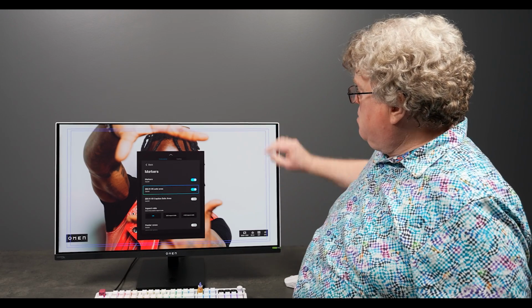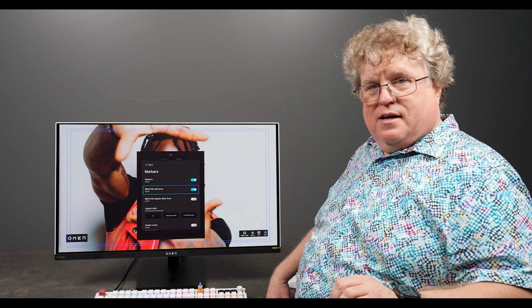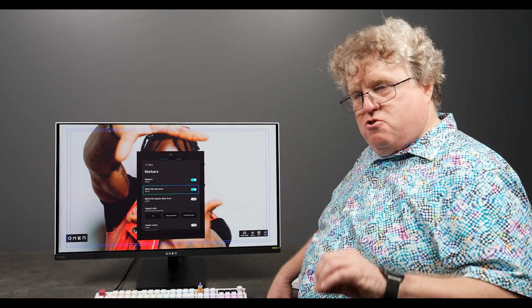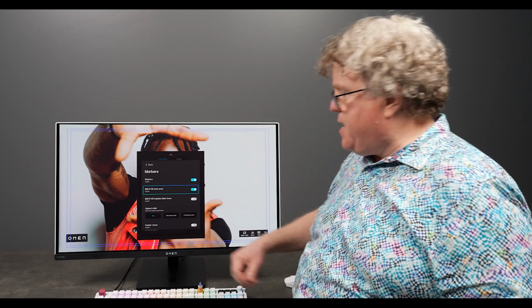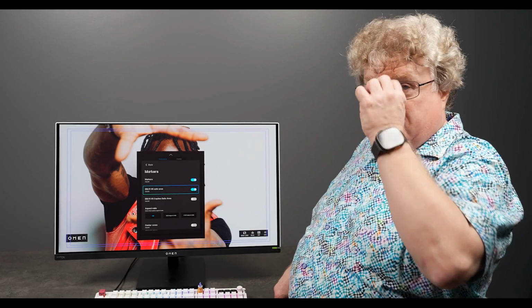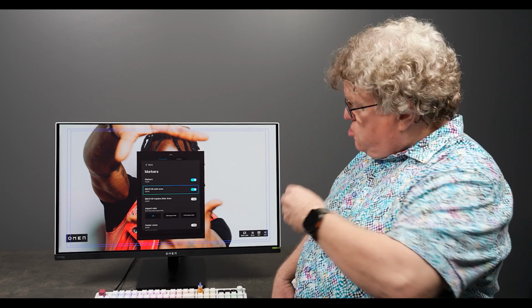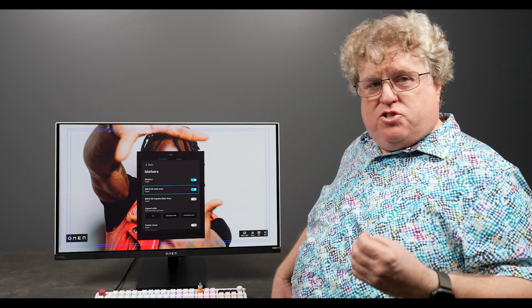So the smaller of the two boxes is your safe title area. Any text that you want the user to view needs to be inside that box per spec. And indeed, if you're delivering to a broadcaster or an over-the-top provider, if you don't follow these rules, they may well reject your program.